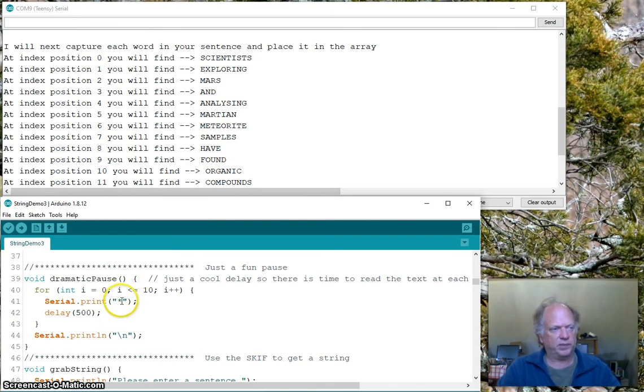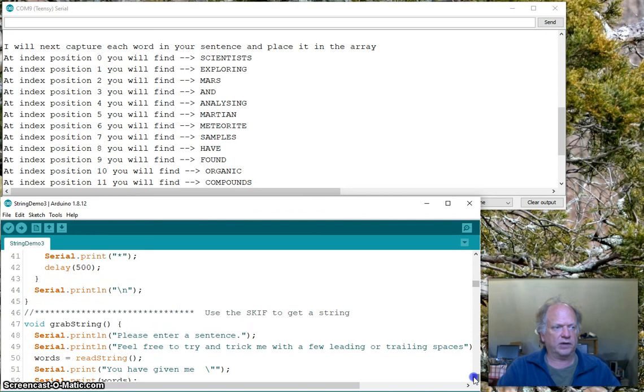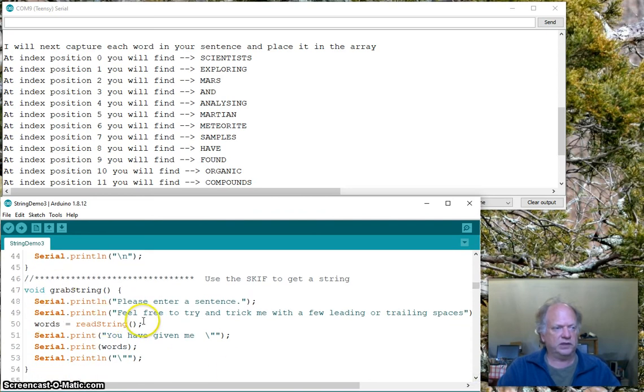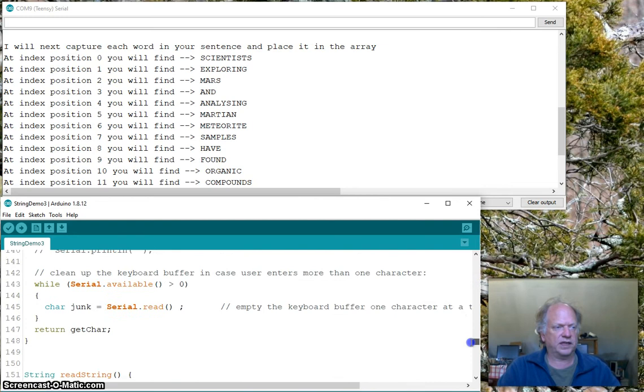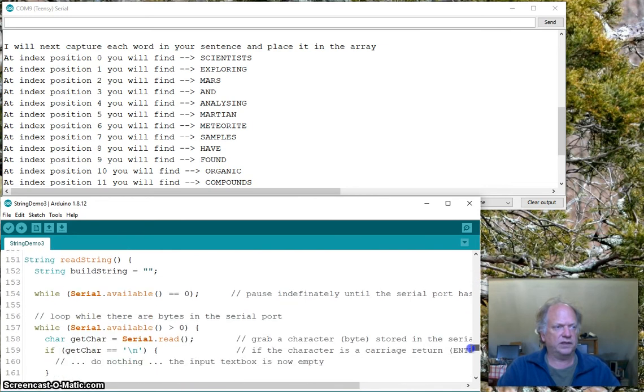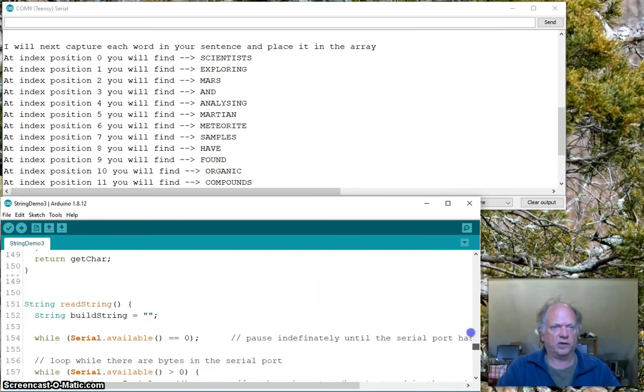And all it did was print 10 of these stars and then go to a new line every half a second. So that was a dramatic pause. The grab string function uses the read string function, which is included in the skiff, to gather what you type into the text and put it into a variable. That was the variable we created in the globals. Read string, in this case, I've actually included the skiff on this sketch, and you can see it down here. And you can see that it gathers data from